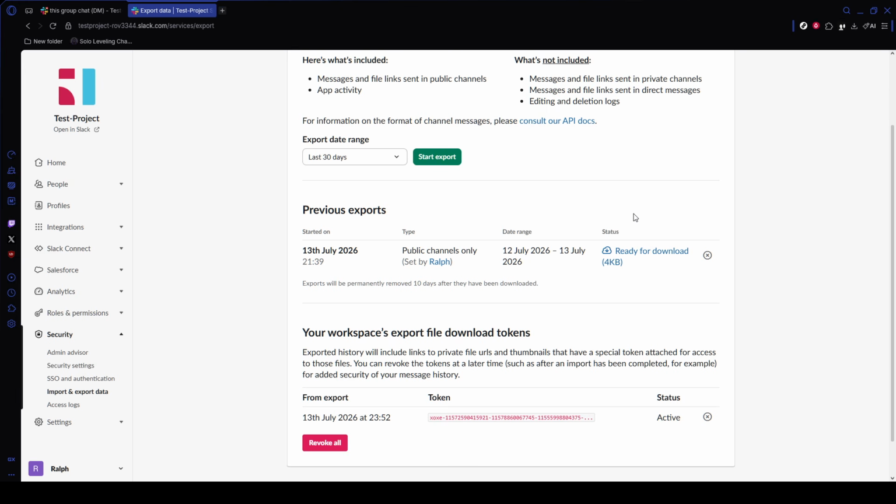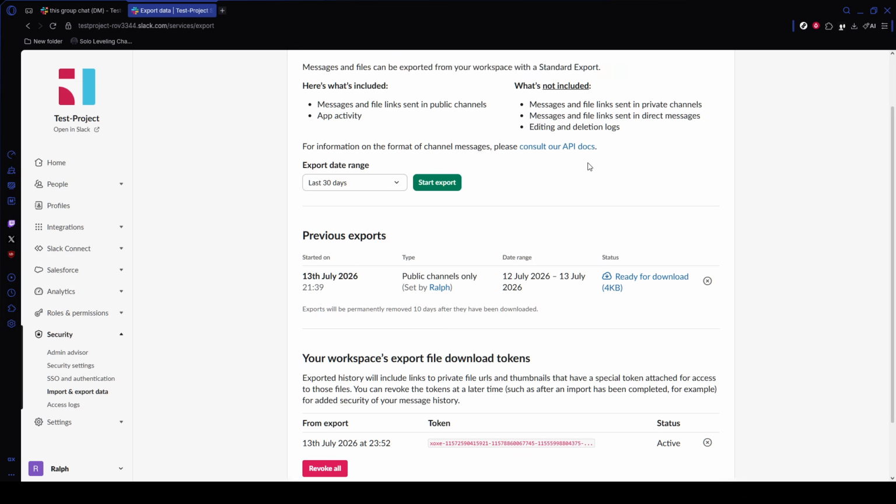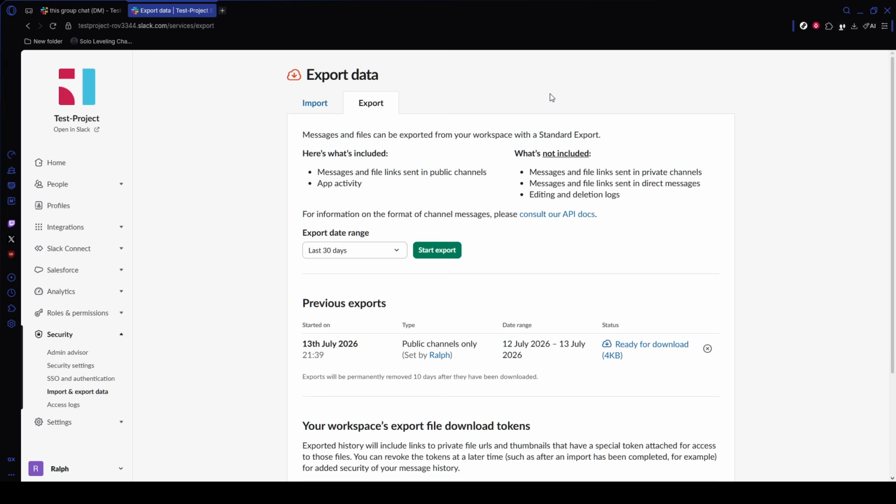Once the export is complete, Slack updates the progress area on the dashboard and sends a confirmation message to the administrator email associated with the workspace. Go back to the import and export page, find the export history table, and look for the file marked ready for download or download. Click that link to save the compressed zip archive to your computer. Inside, you'll